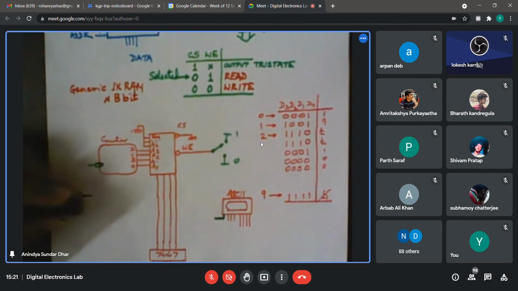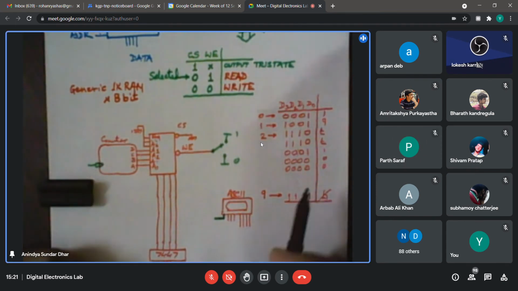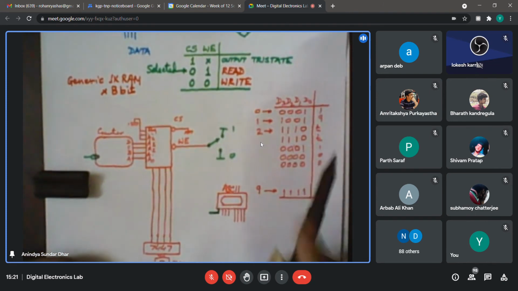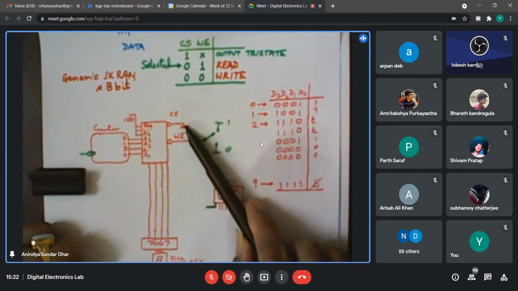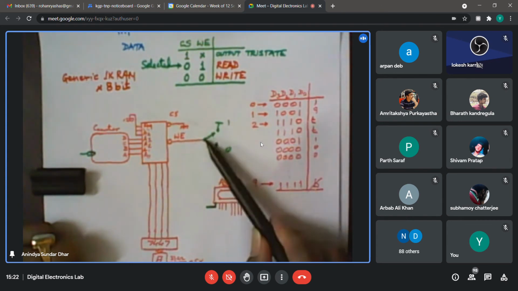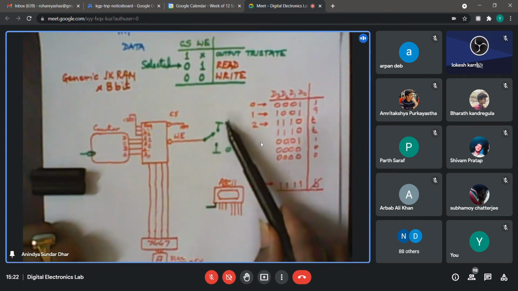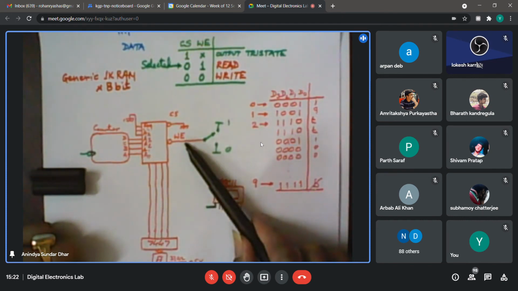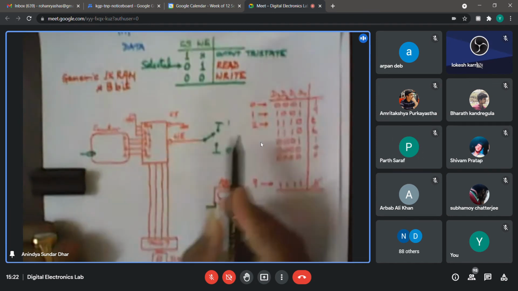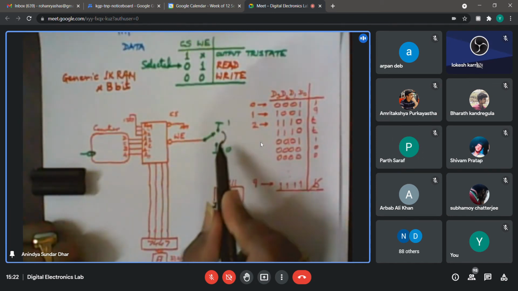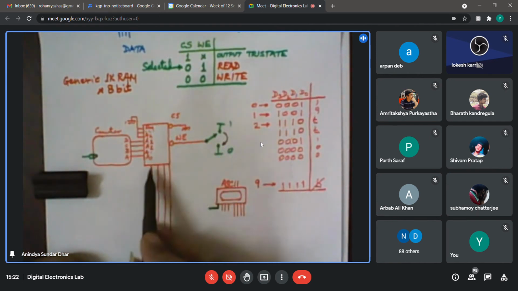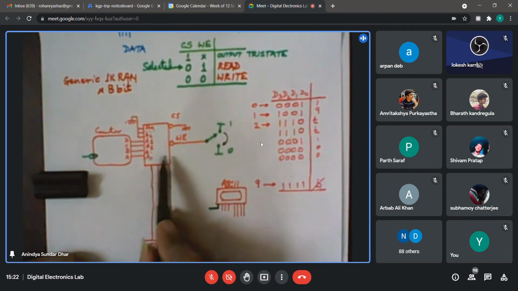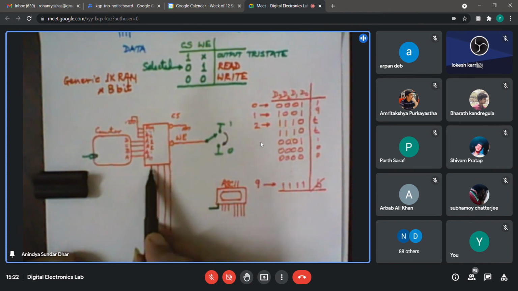Right. So let us look into this sequence. For the benefit of others also, let me explain that in a couple of minutes. Suppose during the writing phase, we have selected the chip always. So it can be in read mode or write mode. Now the write pin is connected to high. Is it in read mode or write mode right now? Read. So I need to switch it to the write mode so that this write enable bar gets a 0 input. At that time, it is working. It means this data bus is working as an input towards the RAM. Input or output we are referring to with respect to this RAM chip. So it becomes input to the chip.